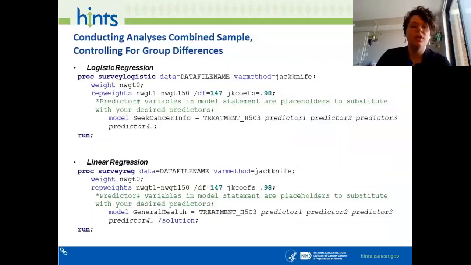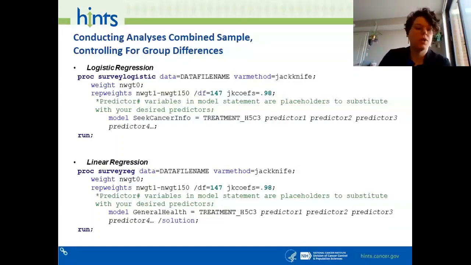So within our logistic regression, you will see that the code mimics the code whenever we were assessing for group differences, except for this time, instead of stopping at putting our treatment_H5C3 into the model, we can then put in our other predictors, which will control for treatment_H5C3, control for our different groups, and then also analyze across our different predictors. You can do the same for logistic and linear, and it's fairly similar for linear regression.